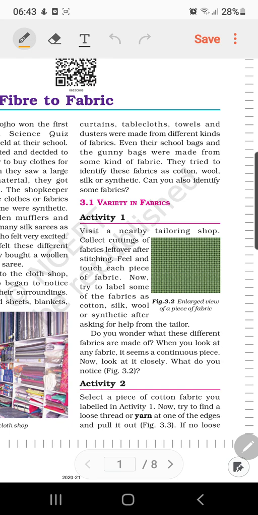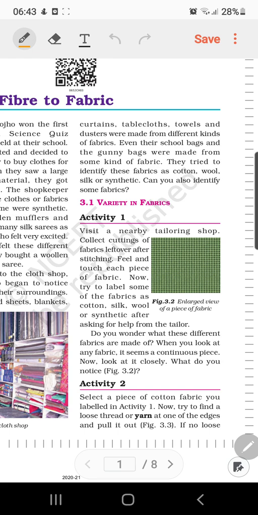So we can have the example of cotton and jute in this category of natural fibers, which come from the plant resources. Likewise, we have wool and silk, which are also natural fibers, but since they come from animal resources, they are classified as animal fibers. So these are the two basic categories, plant fibers and animal fibers, which come under the section of natural fibers.